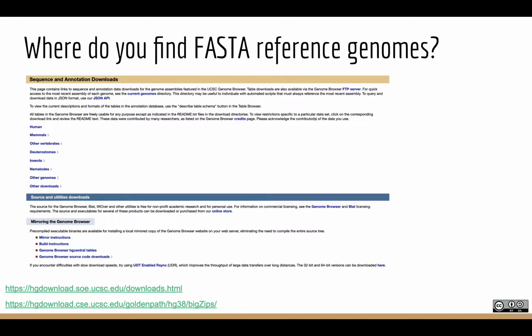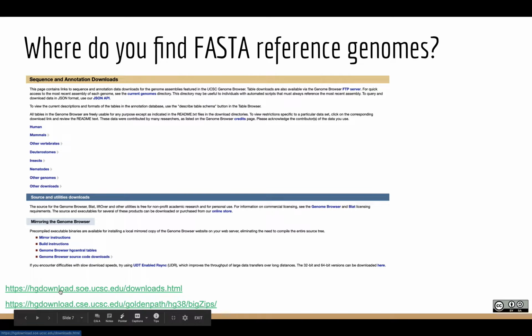It is not only a genome browser where you can actually look at gene models and type in random coordinates or random gene names and see annotations for whatever genome you like to work with, but what's also really cool about the UCSC Genome Browser, and also Ensembl in the UK, is that they actually provide all the data that they render on their website to you through FTP sites, so you can download it and use that data for your own research. So if I go to this link,